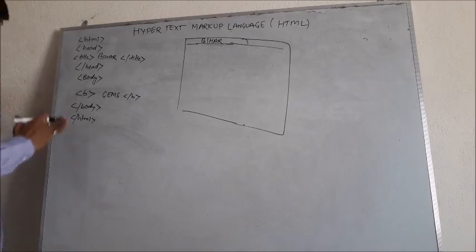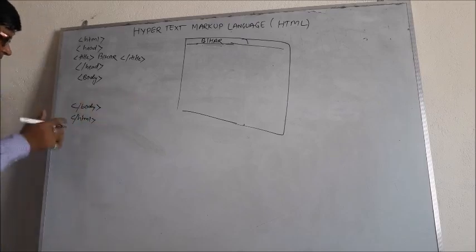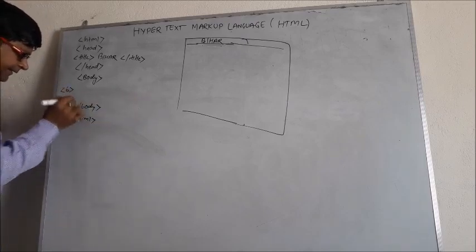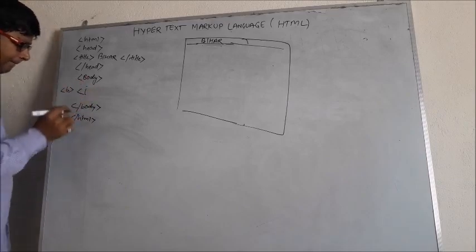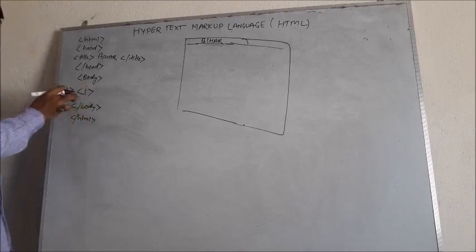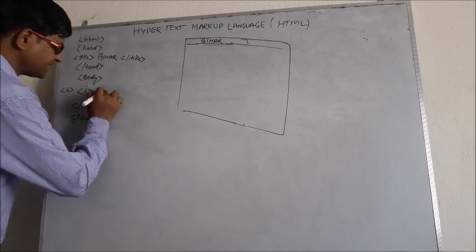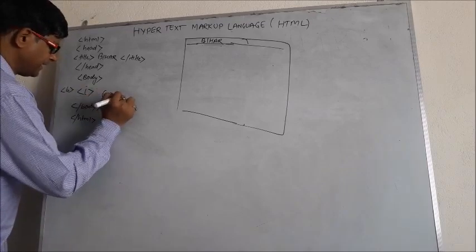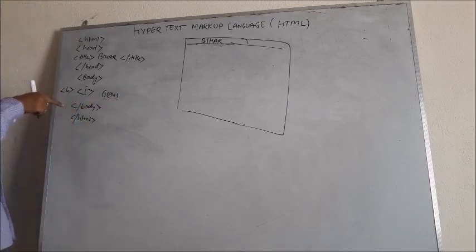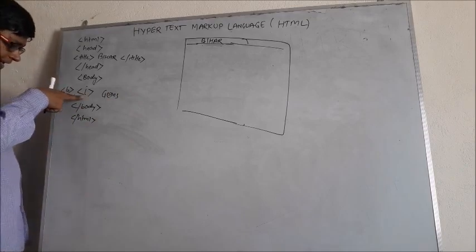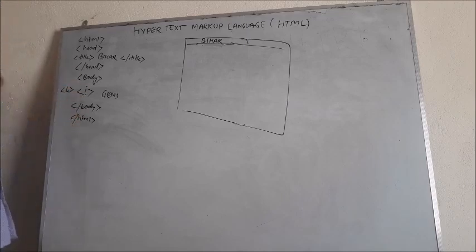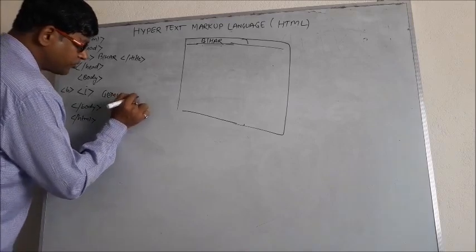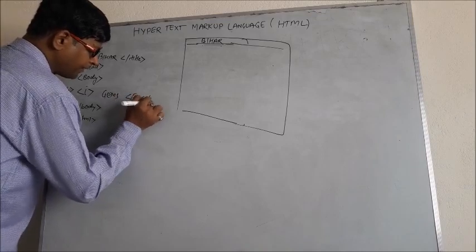You can also use it like that. See, B, I, right? B is for bold, this is for italics. And you must take care of one thing: once bold is followed by I, then in the closing tag you first have to close with I followed by B, right? Otherwise it will not work at all, right?